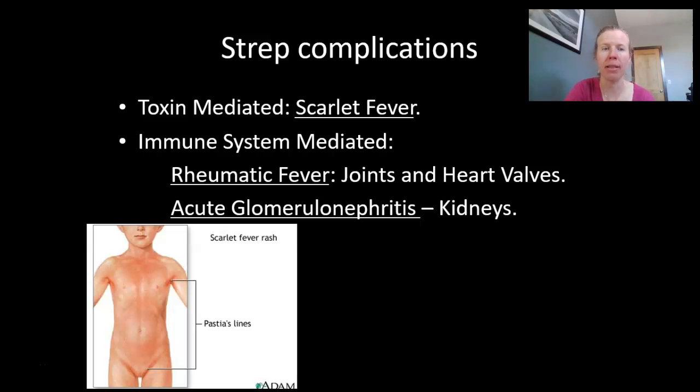The antigen that your immune system went after looks similar enough to some other structures that we actually start attacking ourselves, right? So rheumatic fever, particularly the heart valves, this is problematic if your own immune system starts going after those tissues. So this can lead to stiffening of those valves or